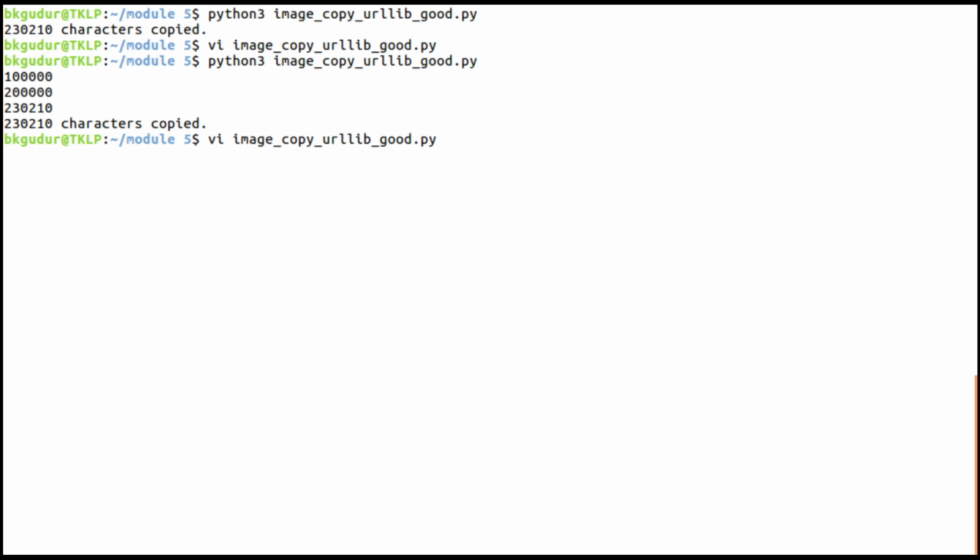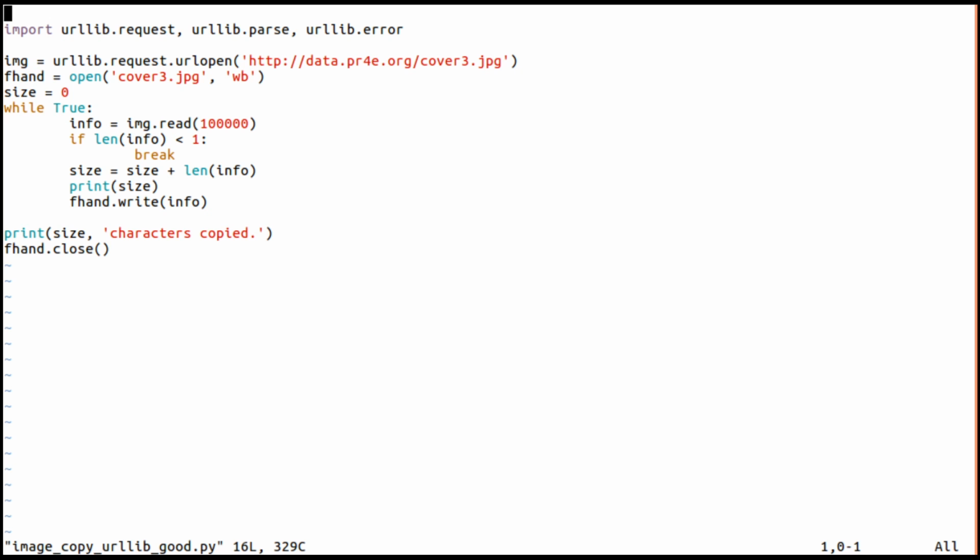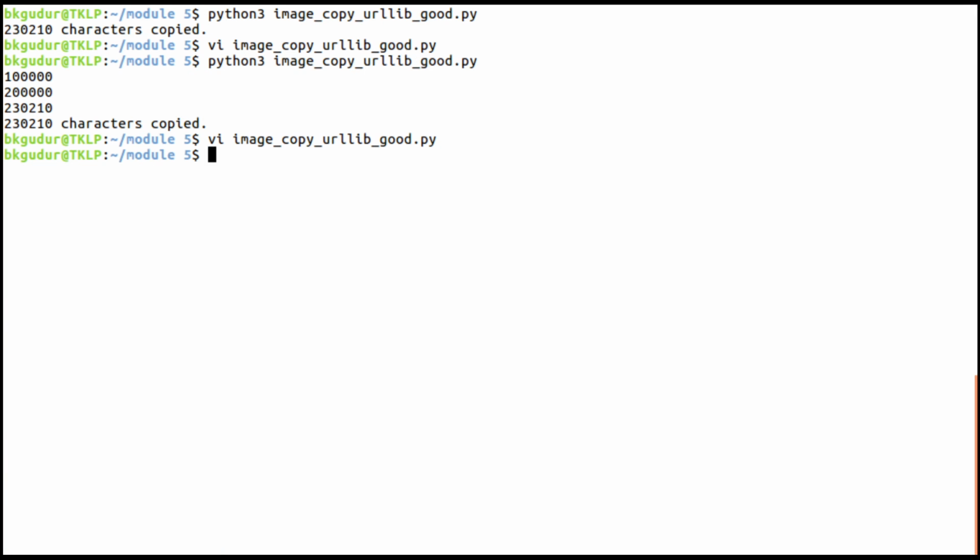So in three iterations this loop has been executed. We can adopt this approach whenever the file size is very high. Normally we adopt this approach to download audio or video files.